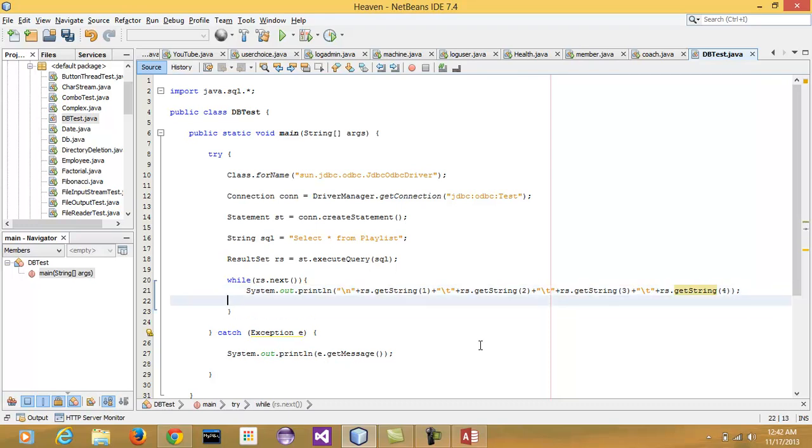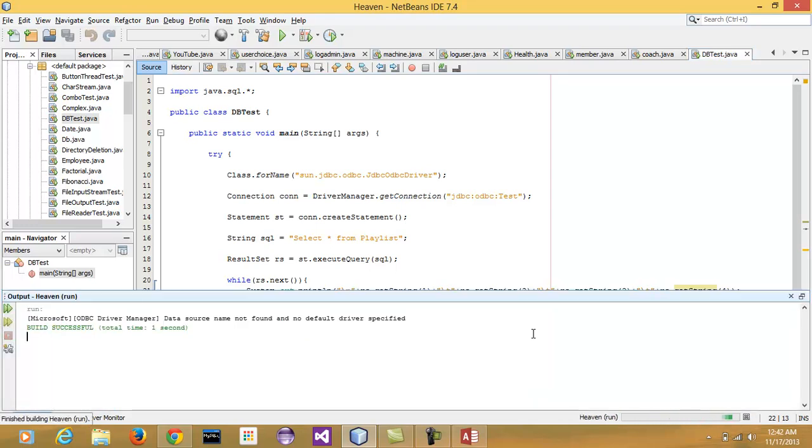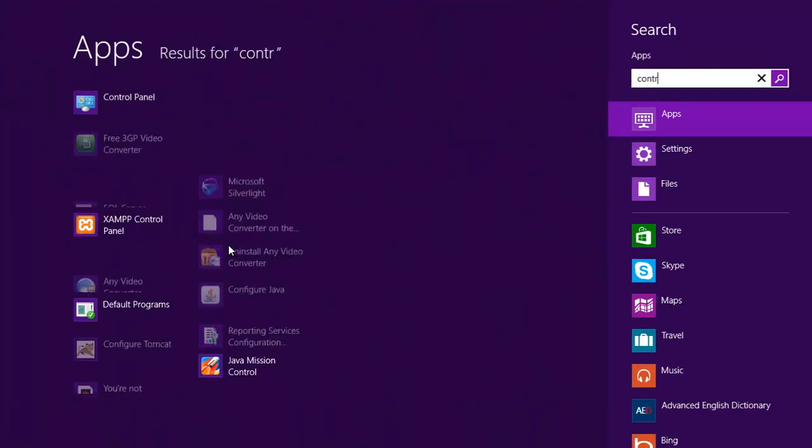So I think we are done. If everything goes well, let's just try to execute it. Shift F6. Data source name not found and no default driver specified. Now see, we encountered this error because we need to do some things in the control panel to establish that connection. So for that, go to control panel,